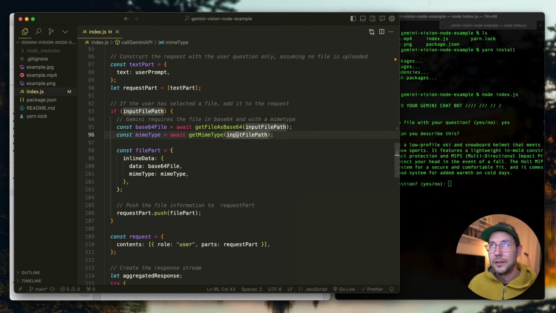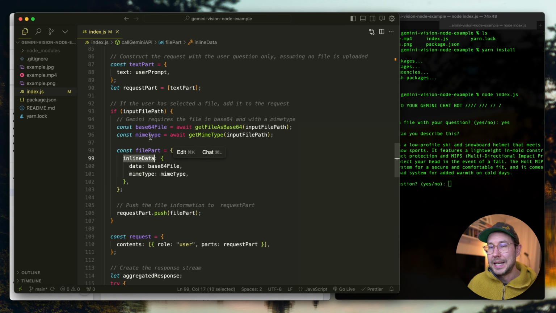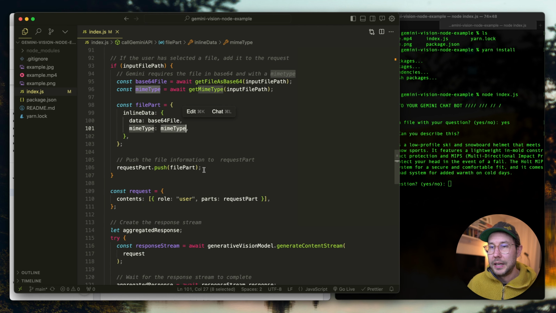And then it also needs a MIME type, so we're just calling that function that we had previously again, passing in the input file path, and we just get the MIME type generated for it dynamically. And then we create this little file part const here that has this structure. We're using an inline data prop here, and then we're setting the data and the MIME type that are parameters that we need to pass in as base64 file and MIME type that we defined here,